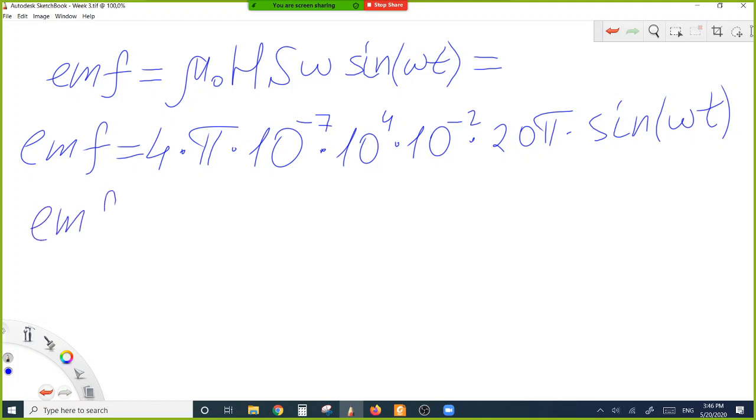Now, so the electric motive force is equal to 4 multiplied by π multiplied by 10 to the minus 7 multiplied by 10 to the 4 multiplied by 10 to the minus 2 multiplied by 20 multiplied by π, which equals 7.89, or better, we can write it as 7.9 times 10 to the minus 3